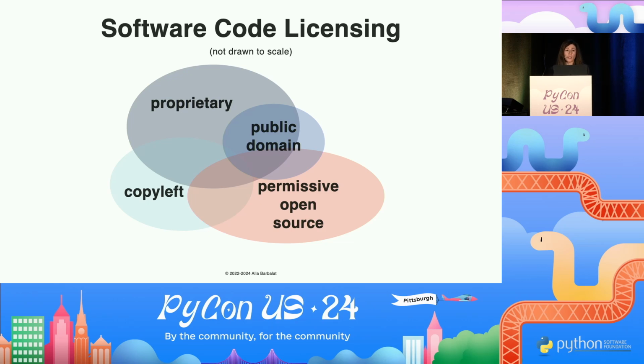That restriction is that if you're going to use or create derivative works of this copylefted code, you need to ensure that you use an equally restrictive license or a more restrictive license. That's really important because the goal there is to ensure that copylefted code doesn't end up in this big proprietary bubble, even though we see in this model that it does overlap. The reason is that companies will still use copyleft code and include it in proprietary code, causing licensing conflicts.